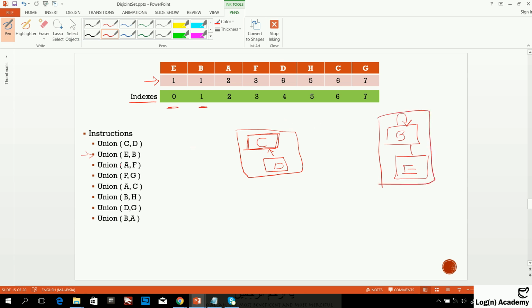So now let's move to the next element, which is A comma F. Now here we have A and here we have F. Initially they are pointing towards themselves, A and F, and they are disjoint sets. Now let's make A as a parent and let's make F as a child. So we have this structure now,